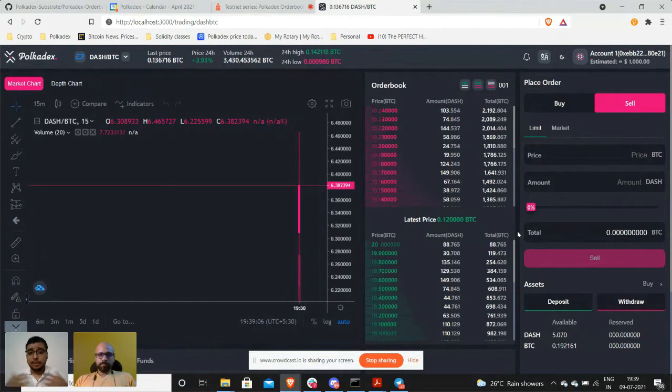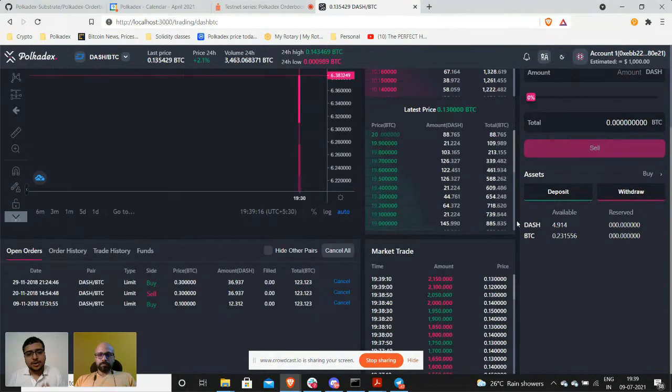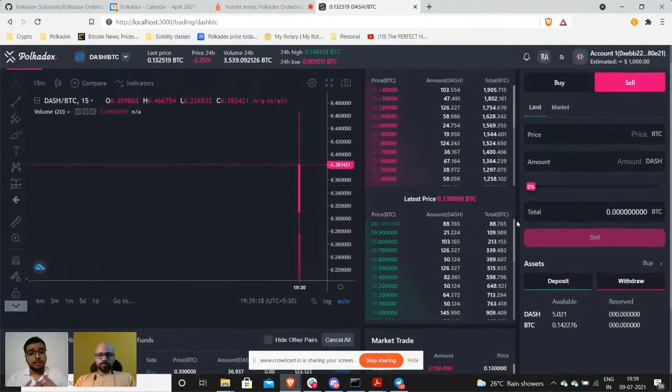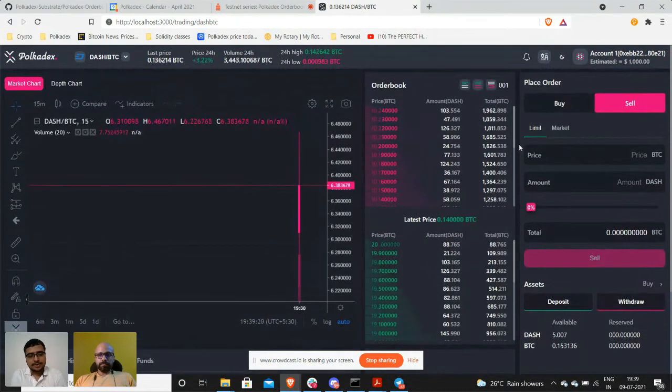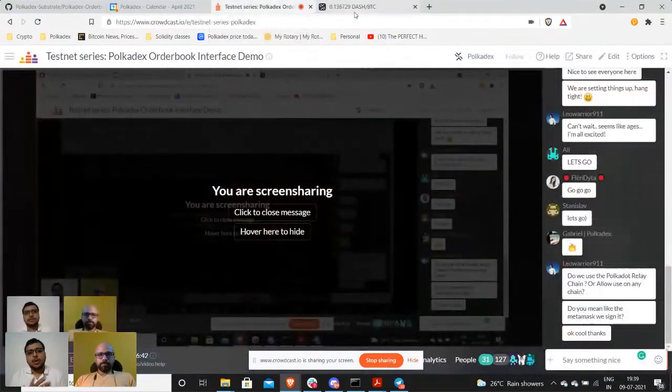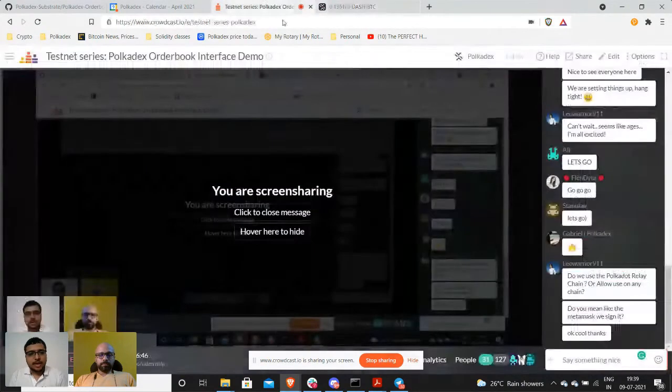And once they provide the feedback, like adjusting certain buttons or adjusting the user experience, once we integrate that, it will be released to the open public, where we'll be having an incentivized testnet where the public can join and see and test. So that will roughly be the roadmap that we'll be following after this demo. And yeah, I think that's all.